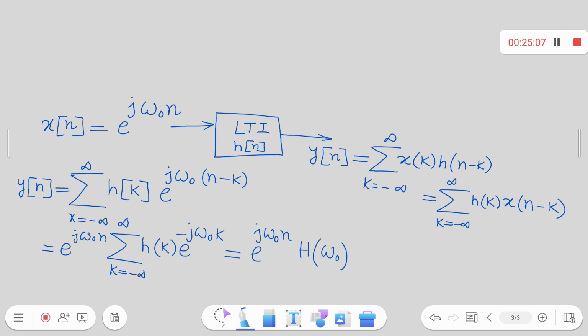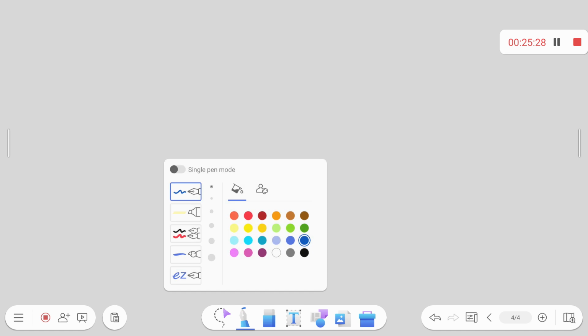Can you get my point? Instead of observing the signal as the weighted delayed version of the delta function, let us try to visualize any arbitrary signal x of t as